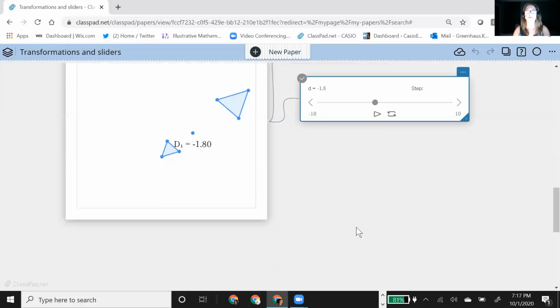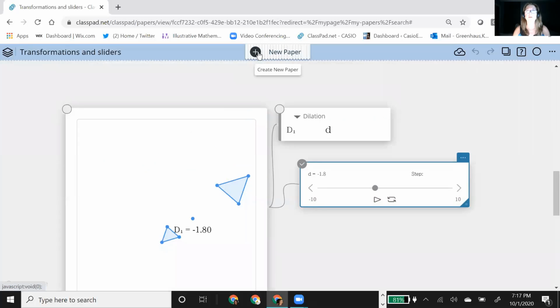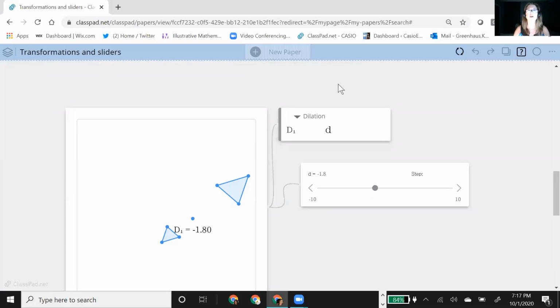Nope, no questions. All right, I'm going to start a new paper because I really wanted to show you how you can have a lot of fun with the sliders and movement and functions, and create some fun images, because you can also use variables to control images. And I'm trying to get a new paper here. It doesn't seem to want to go. Oh, there we go. A little slow.